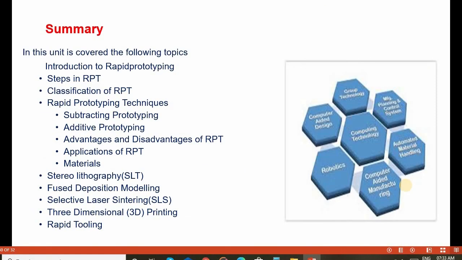Learners, you might have understood the basic and fundamental concepts of rapid prototyping.